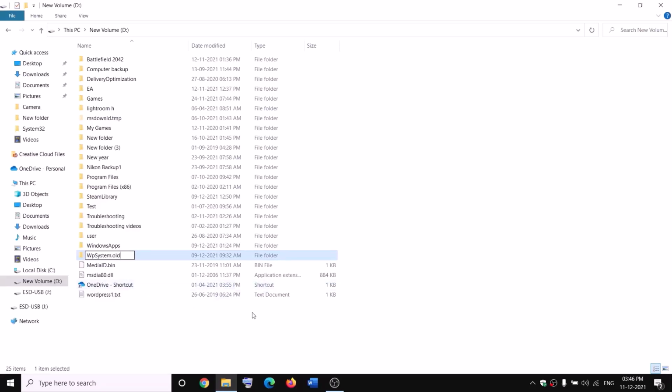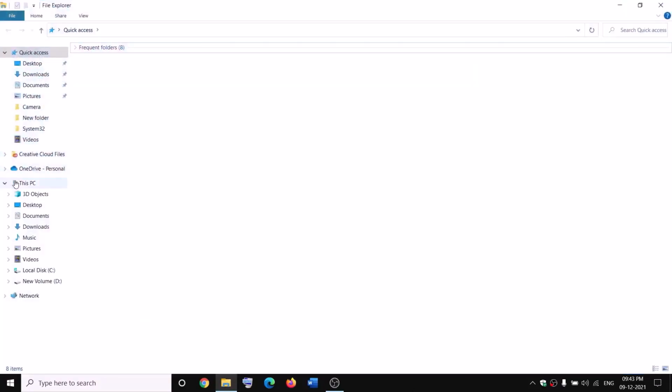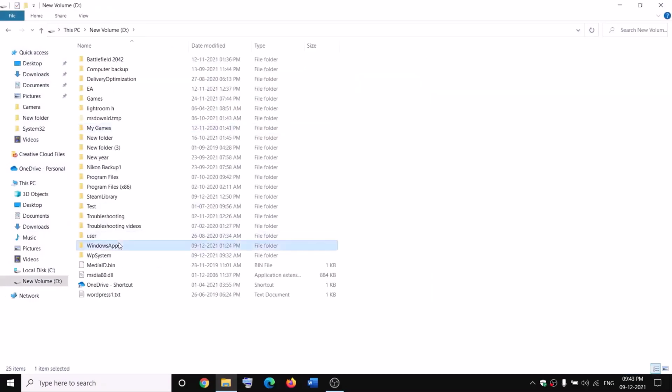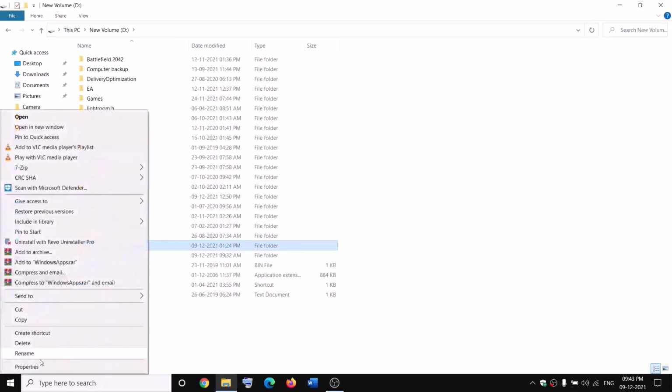Now, if you still face the problem, in that case, you can go ahead and restart your computer and then try to rename it once again. Open File Explorer and then go to This PC, open D drive, then make a right click on WindowsApps and then rename it. Now before renaming, you have to take the ownership. Make a right click, then click on